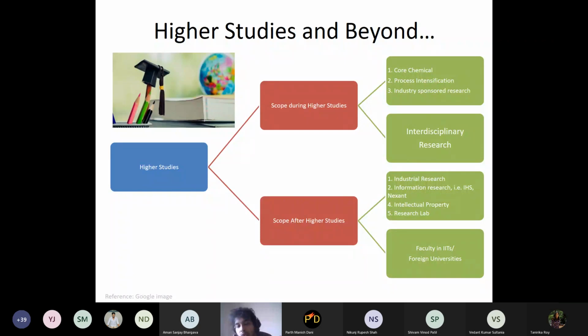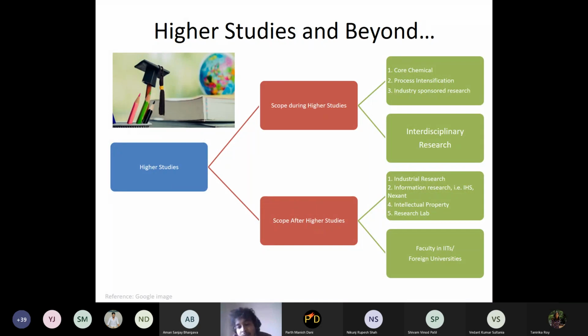So in this MTech project, when we're doing higher study, we can look for this kind of opportunity if you're looking at core studies, and that adds value. There is one software which is only used for kinetics reaction, kinetics estimation and reactor modeling, and that has all kinds of reactor modeling facilities.